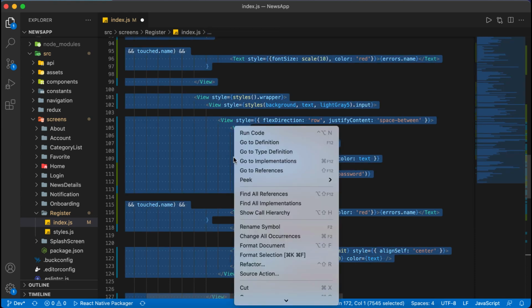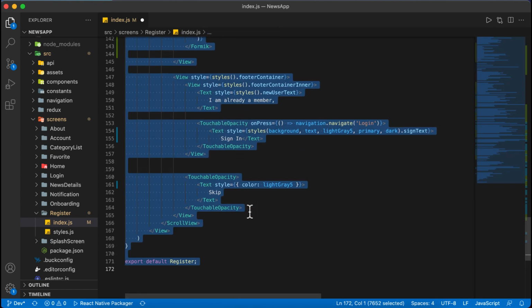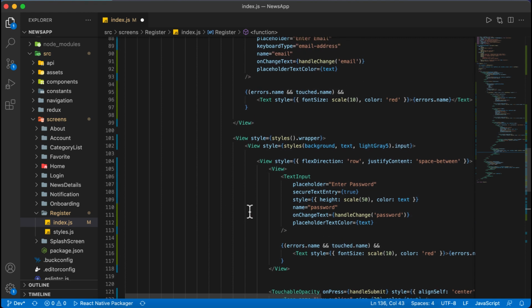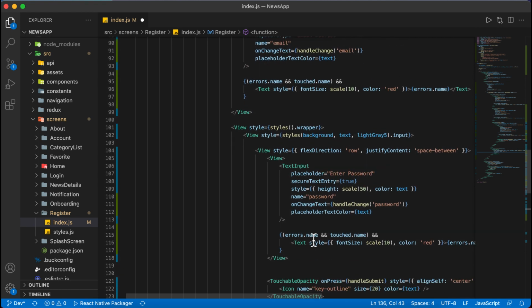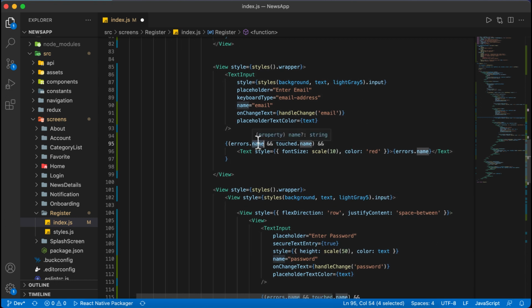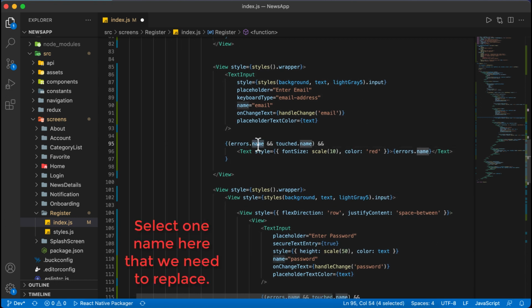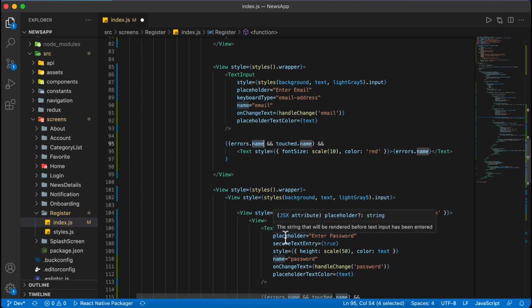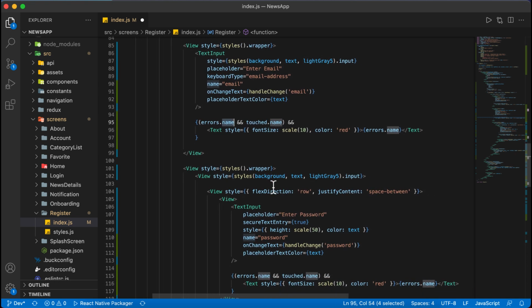So I will again format this code, and will change the values from email. What if I have to do that? Click once here and press Command D or Control D. In Windows and Linux press Control D, and on Mac you have to press Command D. So I'm pressing Command D here, and you can see that everything is selected.